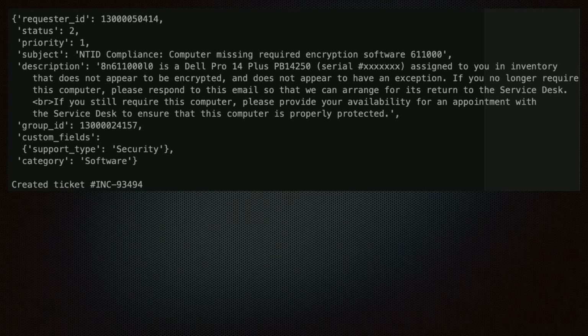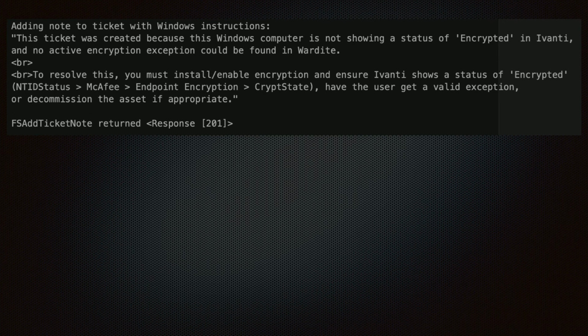Here it's creating a ticket for a machine that appears to be out of compliance, and this is the ticket object. Since these tickets go in as requested by the end user, the text of the ticket has to be written with that audience in mind. There's a couple of ID numbers for the requester and the agent group. As we know by now, these are just lookups into another table, its primary key, as well as the ticket ID itself. We need that ticket ID because we're not done yet.